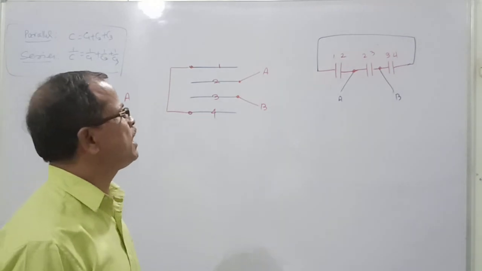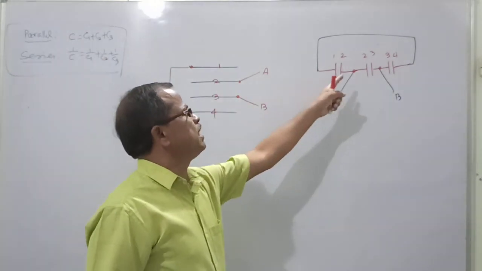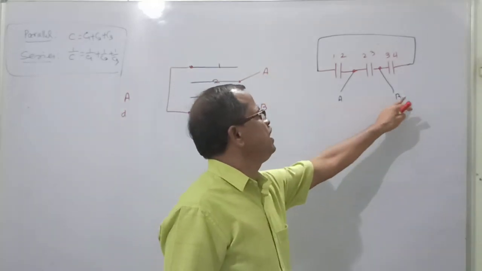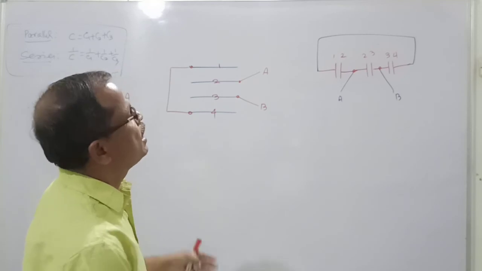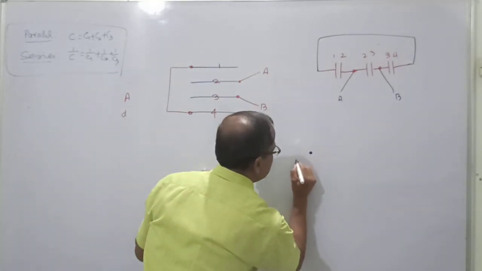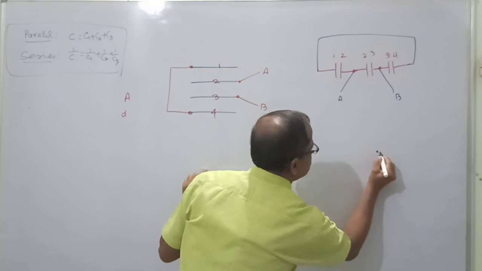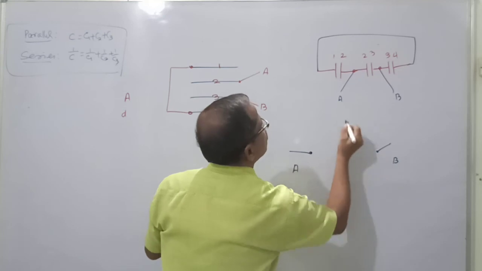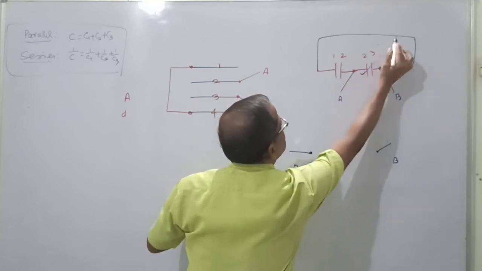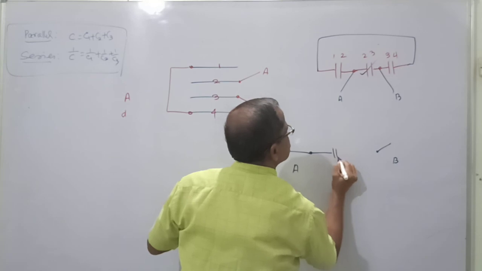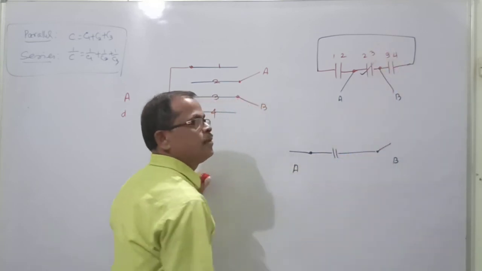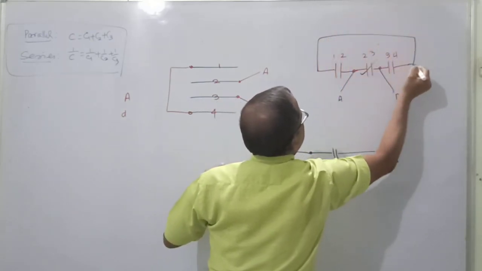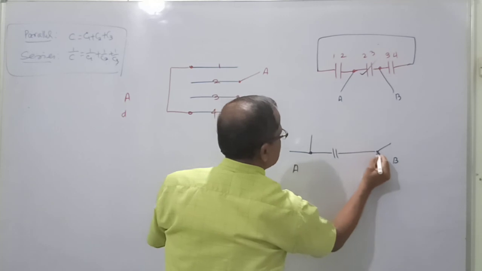So how many capacitors did I get? Here I got 3 capacitors. How are they connected across the terminals A and B? How do we get the net capacitance? Let us redraw it. This is A and this is B, the terminals. From A to B there is a capacitor connected, which I have given a tick mark. Then another capacitor starts from A and goes to the point B.